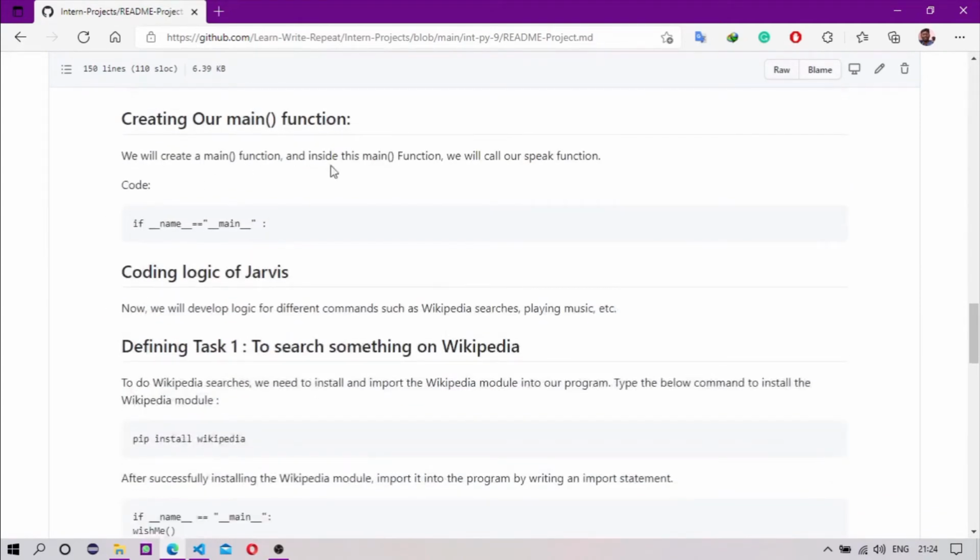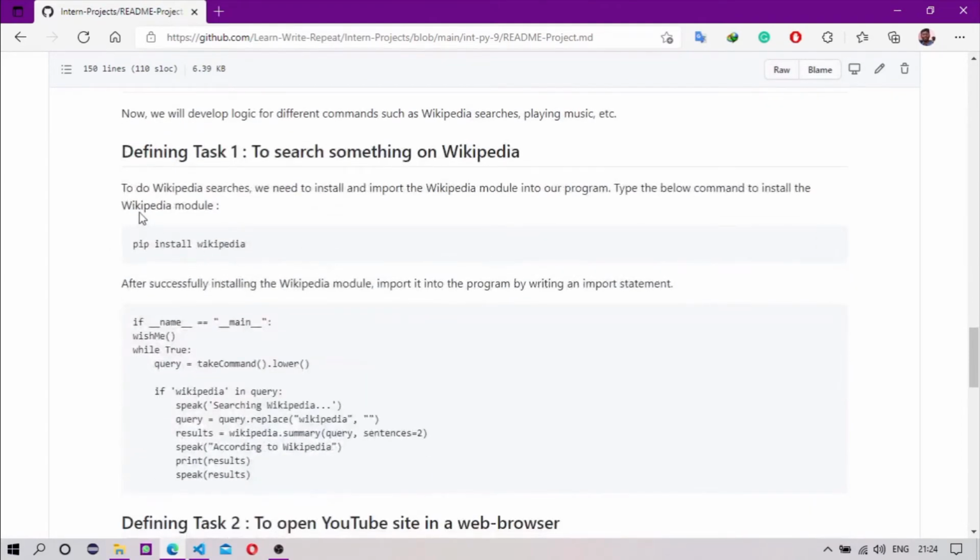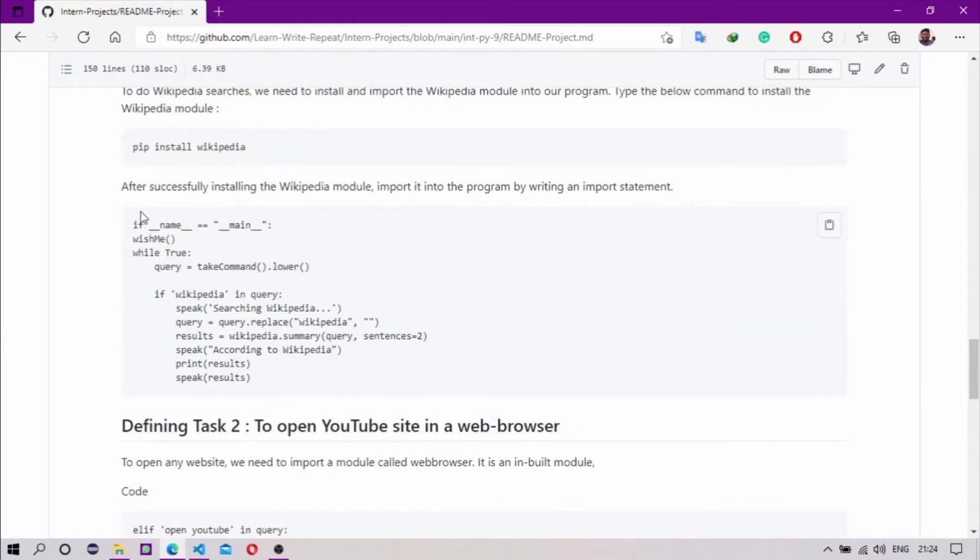Here we create a main function and then define task 1 to search something on Wikipedia. To do a Wikipedia search, we need to install and import the Wikipedia module in our program. So first install Wikipedia, then import it. After successfully installing the Wikipedia module, import it into the program and write an if statement like if Wikipedia in query.